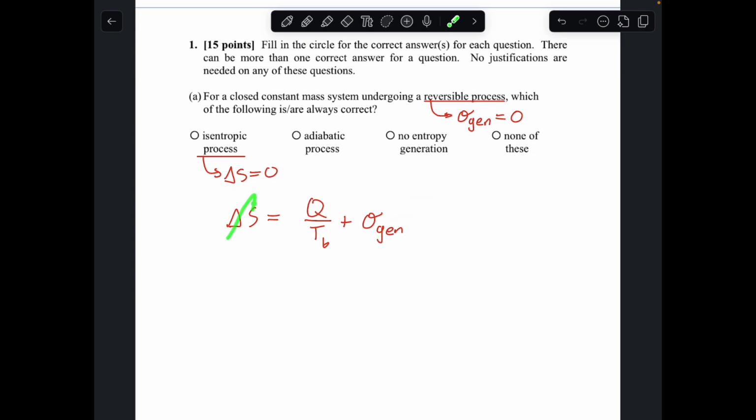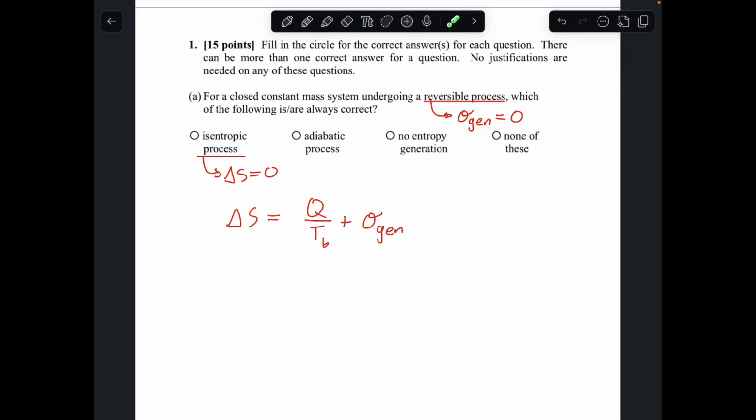But we can also have a case where our delta S is 0, but this sigma gen term is still positive and just the heat transfer term is negative and it cancels it out. So that's a case where we do have an isentropic process because delta S is equal to 0, but we still have some entropy generation because this term here is positive. So whenever we have a positive term for this sigma gen, then we know that it is an irreversible process because sigma gen is not equal to 0 like it should be for a reversible process. So we are not going to select isentropic process because we could still have a case where sigma gen is